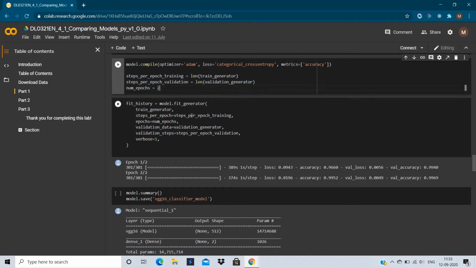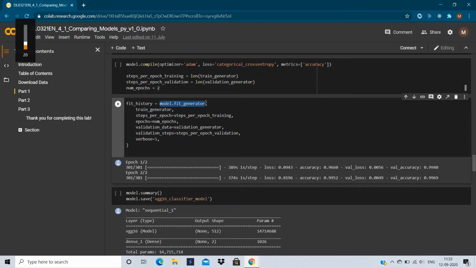So model.fit_generator, or model.fit, is also now applicable if you are using the updated version of Keras or TensorFlow. So you can use model.fit as well. Here we are passing the train generator that we had initialized before, then steps per epoch that we had calculated here, and the number of epochs that we had initialized before, that is 2, then validation steps, and after that the model is going to be trained. After training you can see the summary of the model.